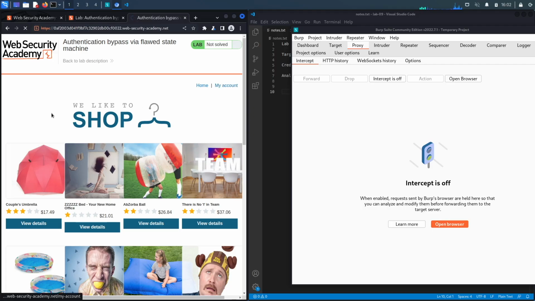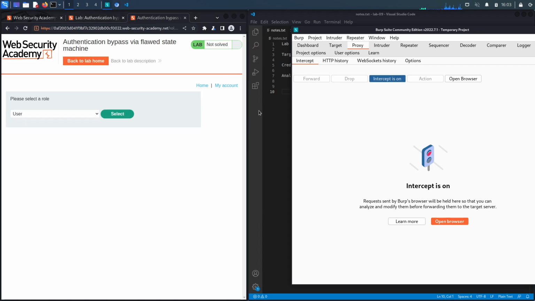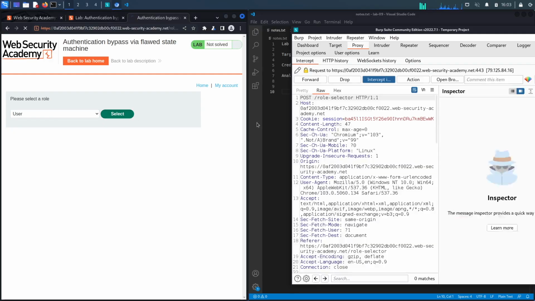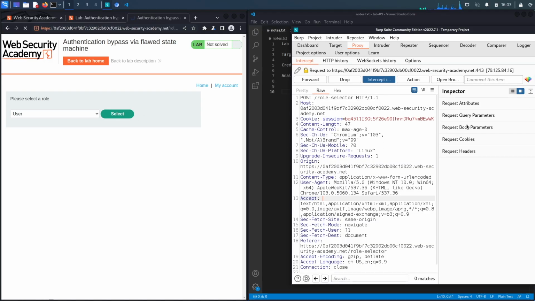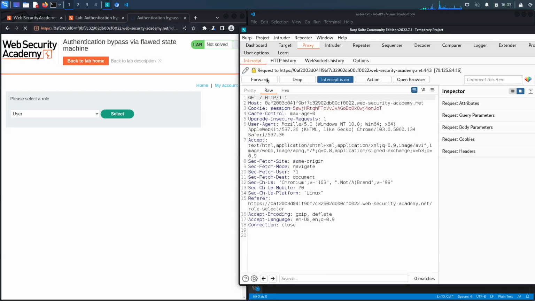And then go to my account again and put in the username and password that we were given, hit login, and then set intercept to on. And then from there, let's say user, but when we get it in our proxy, let's make this a little bit bigger. When we get it in our proxy, we're just going to change this to administrator. So role is equal to administrator. Click forward,